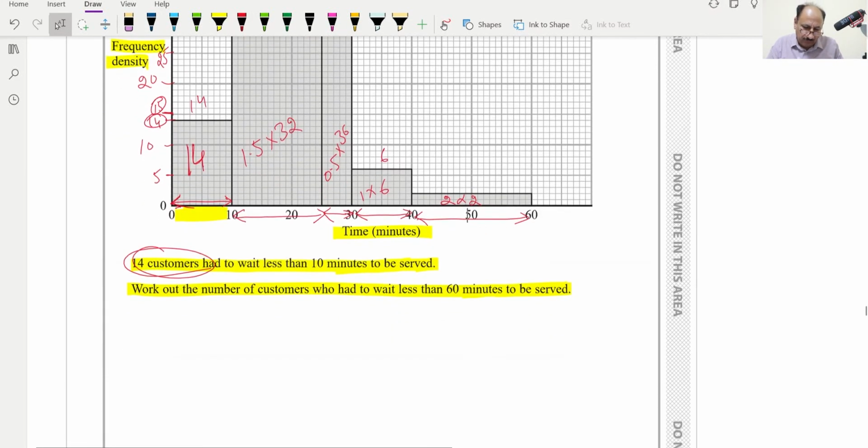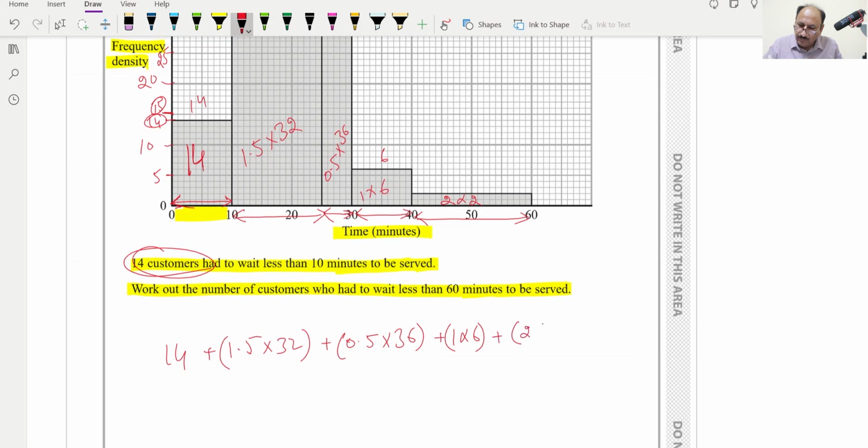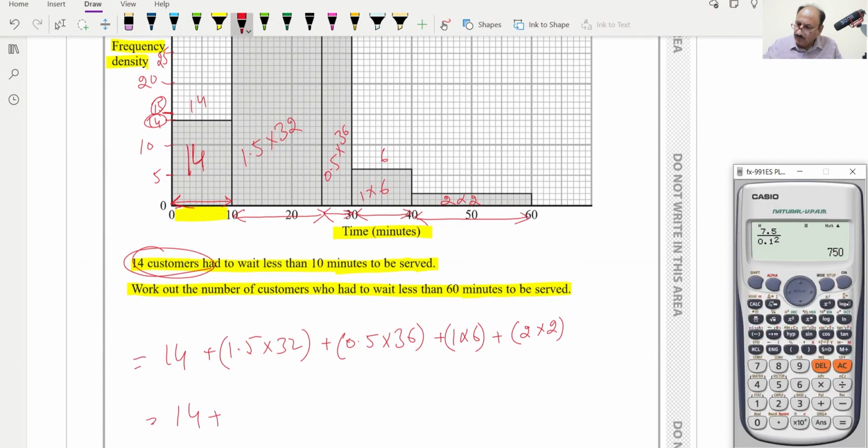So first one will be 14, and the second one will be 1.5 multiplied by 32, plus the next will be 0.5 multiplied by 36, plus the next will be 1 multiplied by 6, and the next will be 2 multiplied by 2. We will check this: 14 plus 1.5